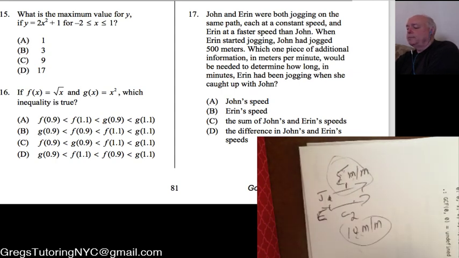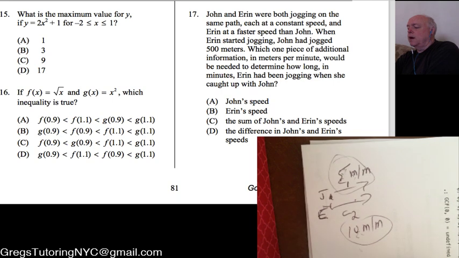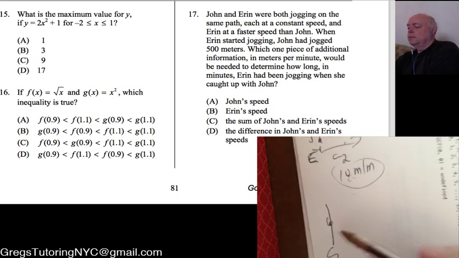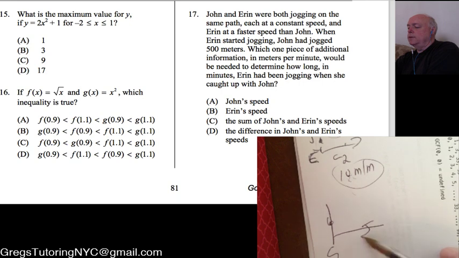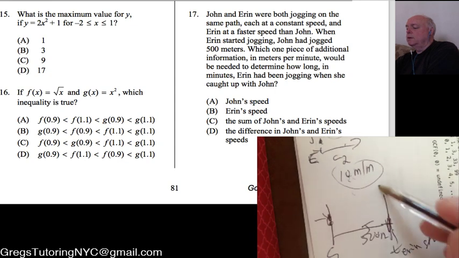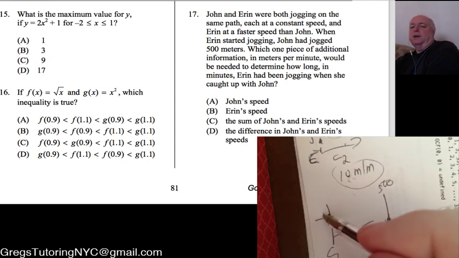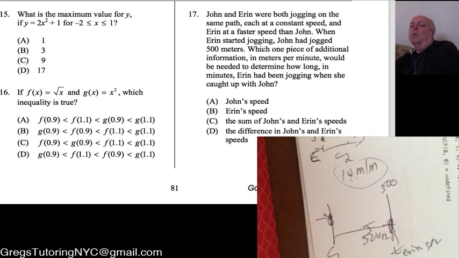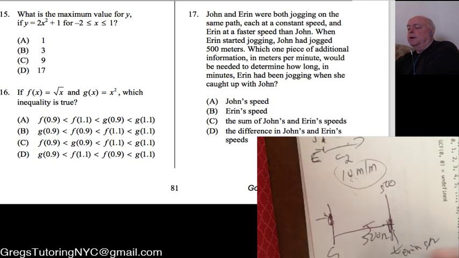So there's a start point, if you will. John's already got 500. Okay, at this point, this is the timeline when Aaron starts. Okay, Aaron's still over here. So at some point when he's finally at 500, she starts. Okay? Then what one piece of additional info in meters per minute would be needed to determine how long in minutes? So after some amount of time,